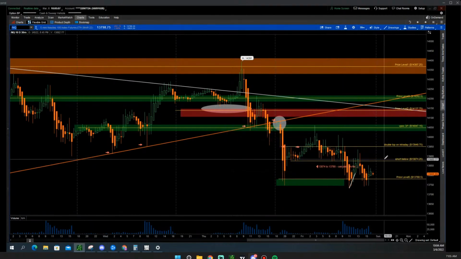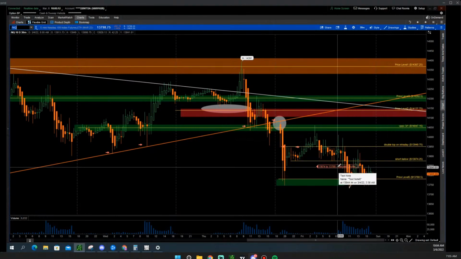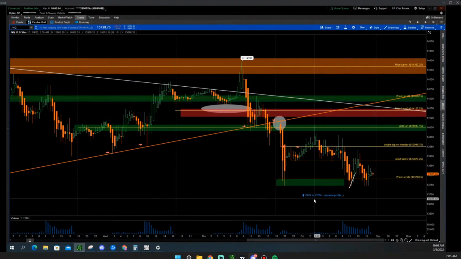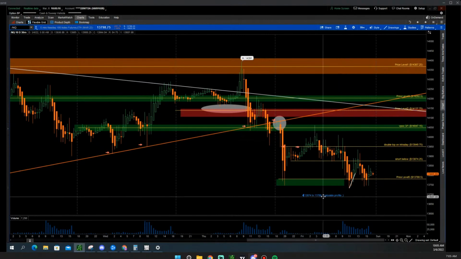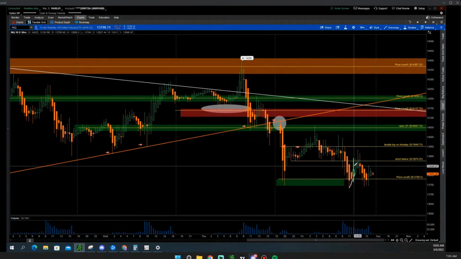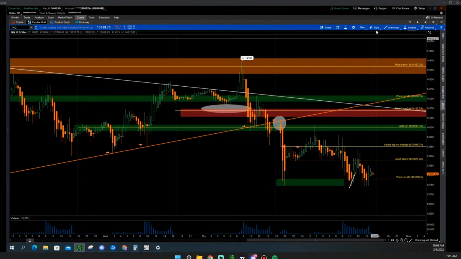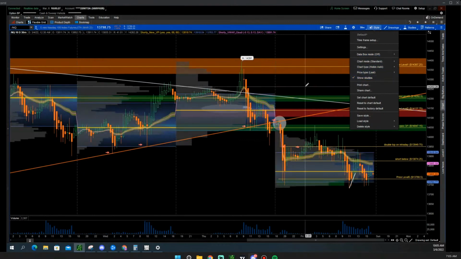So we said short below, that it's going to go here, and then I think it went, let me move this so I can read it. 1387.4 to 1378. Yep. So we said it's going to go here below, and it hit perfectly to this level of the demand zone. So then the next thing, what I do every day is when I see these levels,